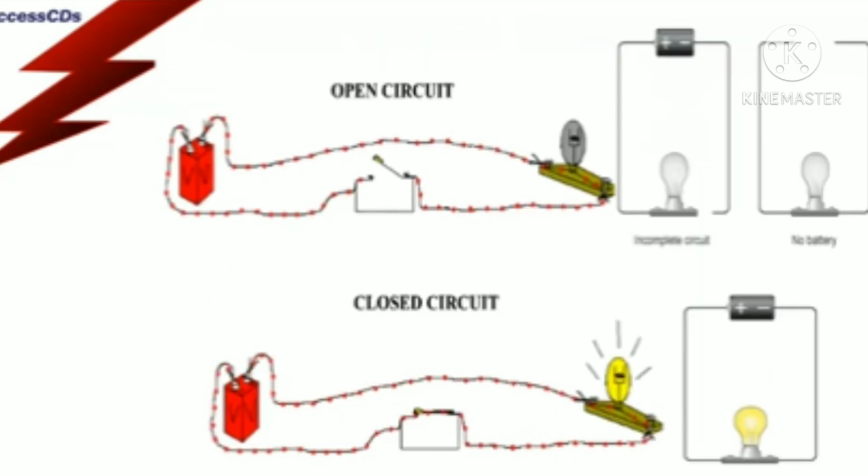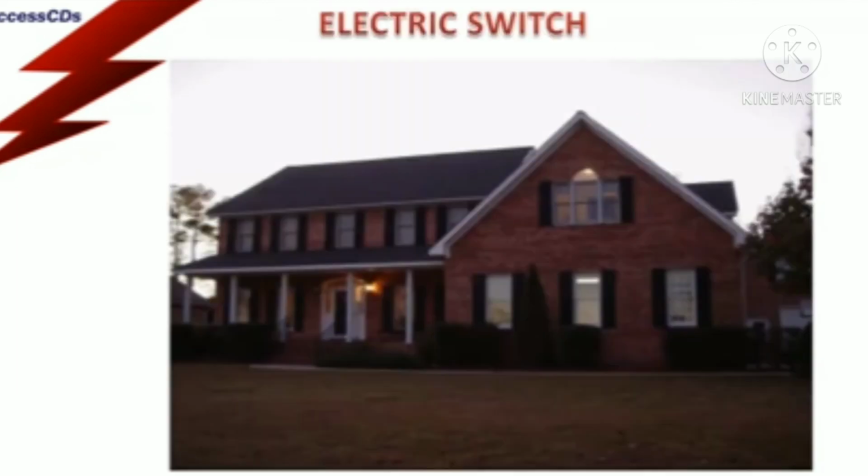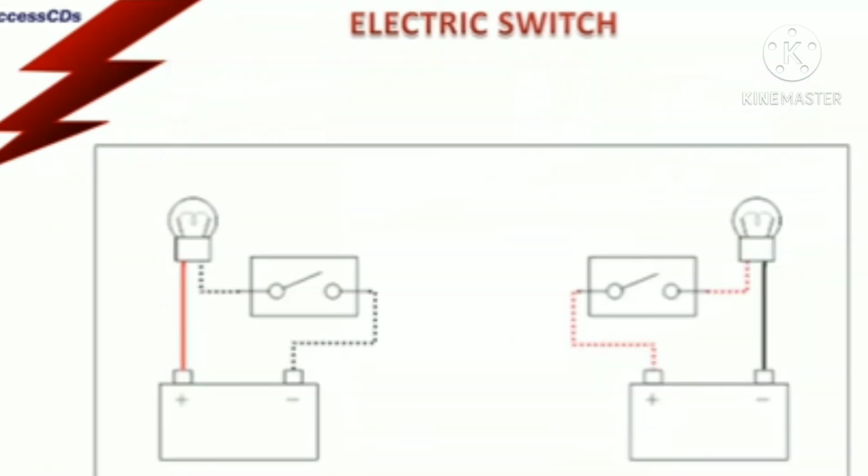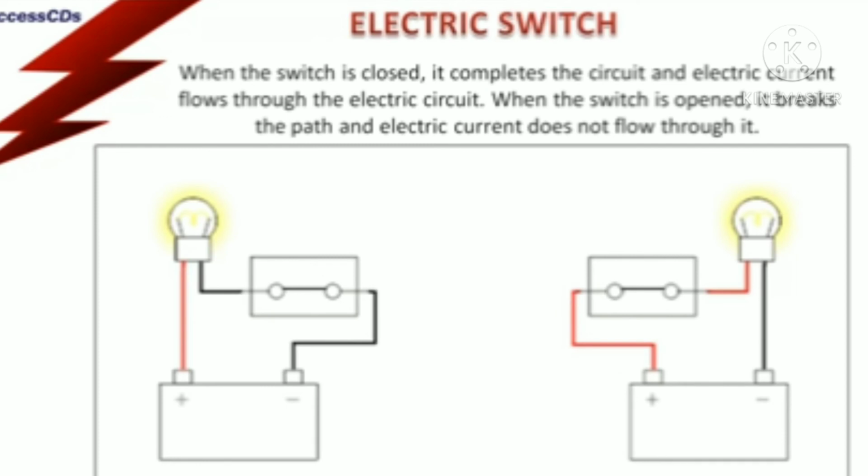regulates the electric current. Electricity flows only when the circuit is completed, also called a closed circuit. It never flows in an open circuit or when the circuit is incomplete. Children, when the switch is on, it makes the circuit complete and the appliance works or the bulb glows. But when the switch is off, it makes the circuit incomplete or open and the bulb does not glow. So there is a major role of the electric switch to complete, or to close or open, the circuit.